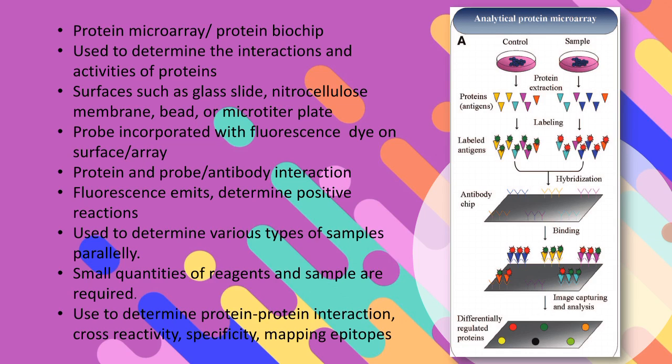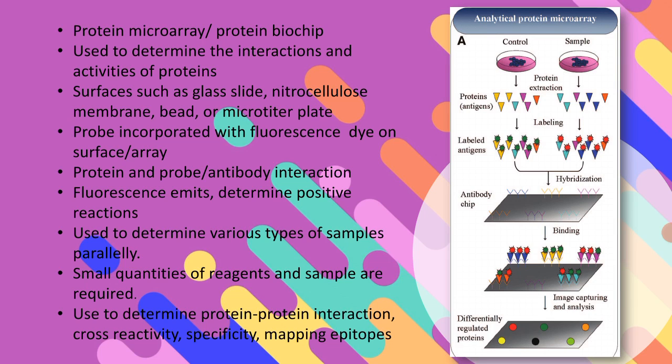Now the protein and the antibody will interact with each other, or the probe. See, the protein is ultimately an antigen, okay, and the probe, we are incorporating the probe as an antibody. Then what will happen? If that antigen is very specific for that antibody, then it will bind. And as we know, our probe is attached with the fluorescent molecule. So if the reaction is positive, if the antigen binds to the antibody, then the fluorescence will be emitted, so that we are able to determine the presence of that protein in that sample.